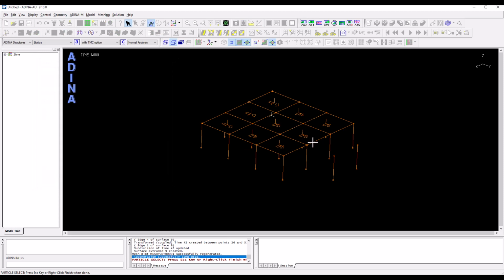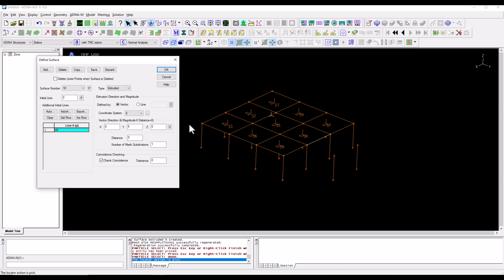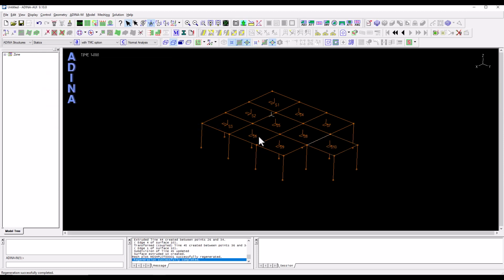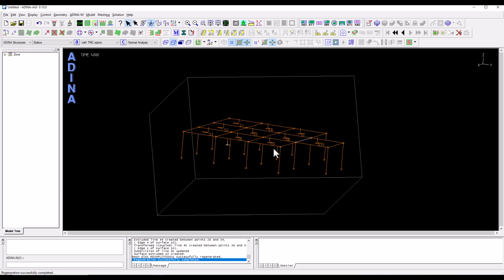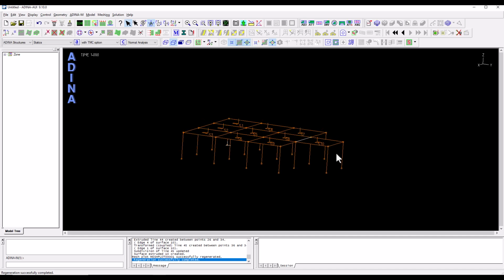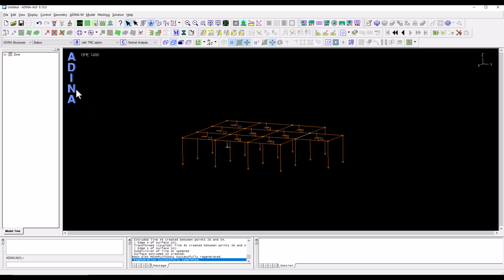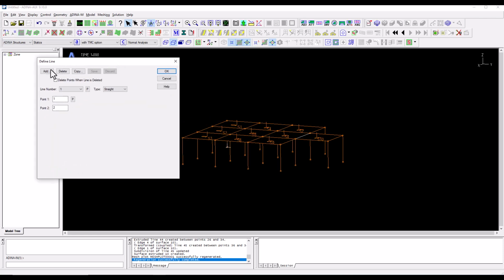Double click on the line field, select that line, right click, finish, and save. And that has completed the geometry for the first floor. I now need to start creating copies in the vertical direction. So I'm going to start with my columns, define new lines, add,